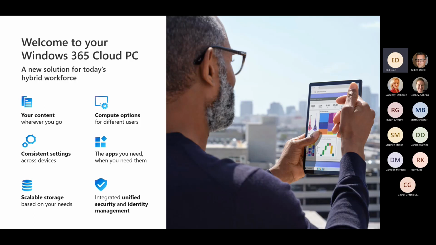And you can run this on any device, and it's optimized for the best experience on a Windows PC. And obviously the pricing is all predictable, because you're not paying for this in the same way that you would pay for Azure Virtual Desktop, where you're paying per hour for the cost of that virtual machine. With Windows 365, it's a single monthly cost per user. And lastly, it is scalable and resilient to help support businesses today in a changing workforce where there are new needs and new business scenarios.